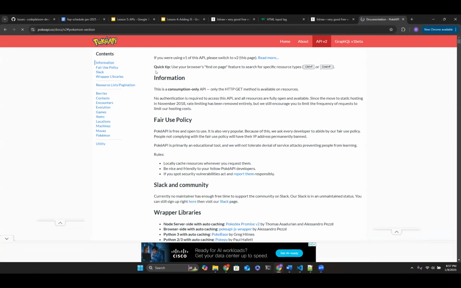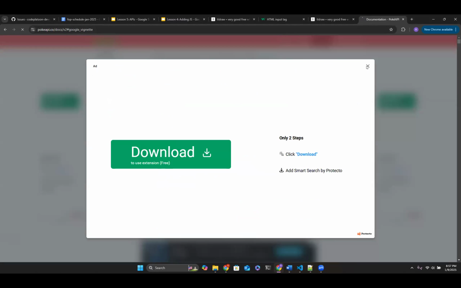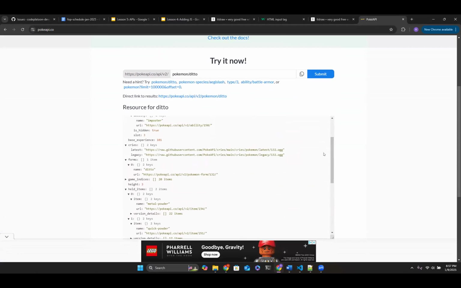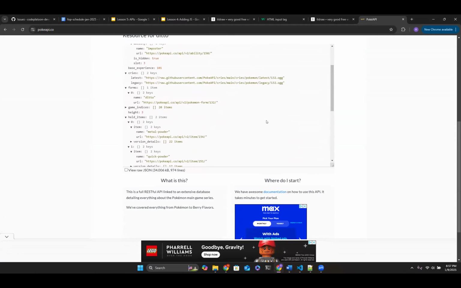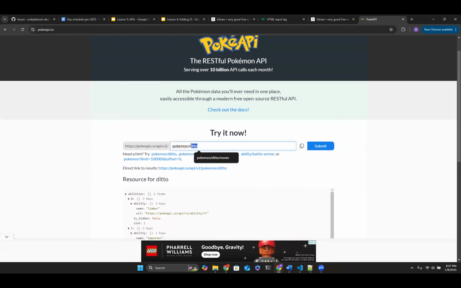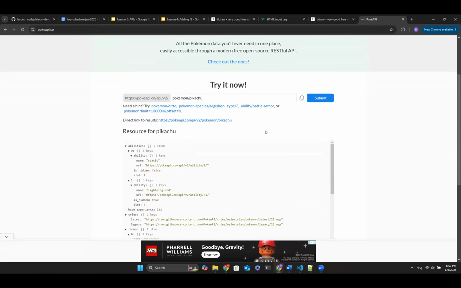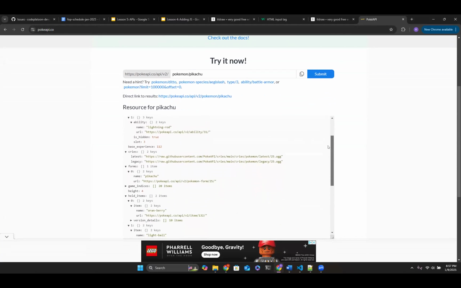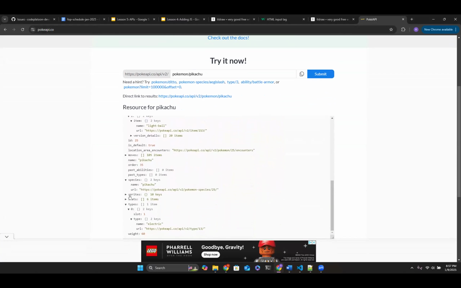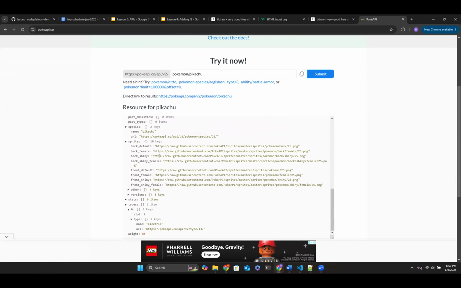So this might seem a little foreign to you guys right now, and that's okay. But we're gonna be using a website to grab data from somewhere else to use on our application. For example, we'll look for a Pokemon. The default is Ditto, but we can look for Pikachu, right? And it's going to return to us a JSON, and we're going to go to the JSON data, look for sprites, grab the URL for the picture for Pikachu, and display it on our application.